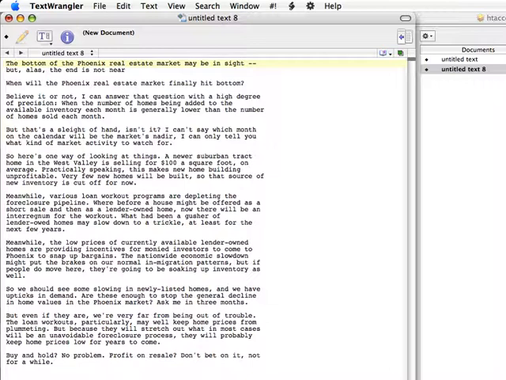So what we're looking at here is my Arizona Republic newspaper column for the week. I write this in TextWrangler. I write everything in TextWrangler, and email it on Monday or Tuesday to my editor at the paper. The column normally appears on Friday or Saturday, and so I often make it available on Bloodhound Blog and some of our other blogs on Saturday or Sunday, and it's permanently available at bloodhoundrealty.com,